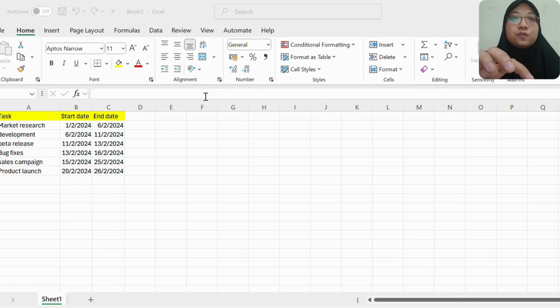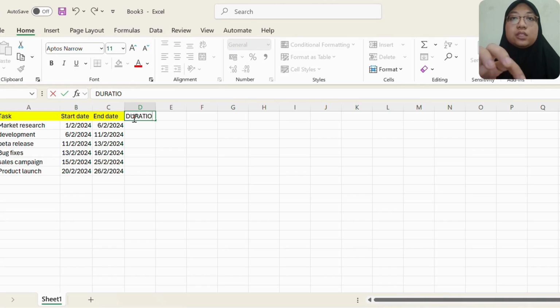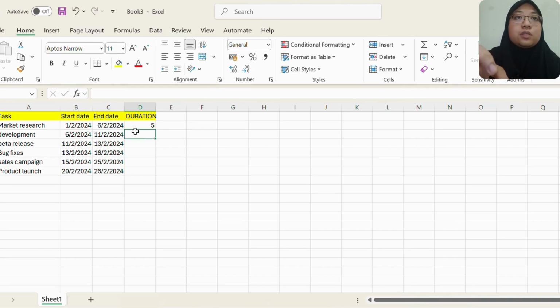So let's do our Gantt chart together. First, this is our data for this chart today, and the first thing we need to do is to find the duration. So how to find the durations? We need to minus the end date with the start date. So with that we can get all the task durations. Next, we need to highlight the start date, and then we go to